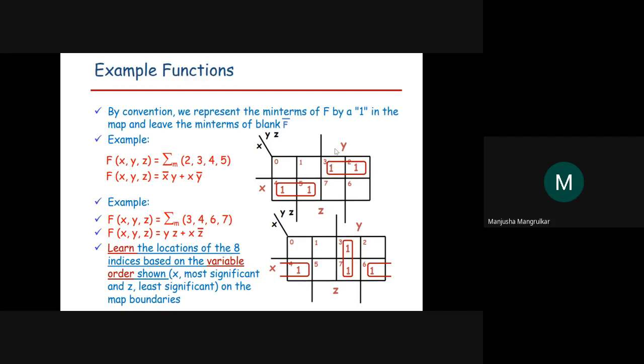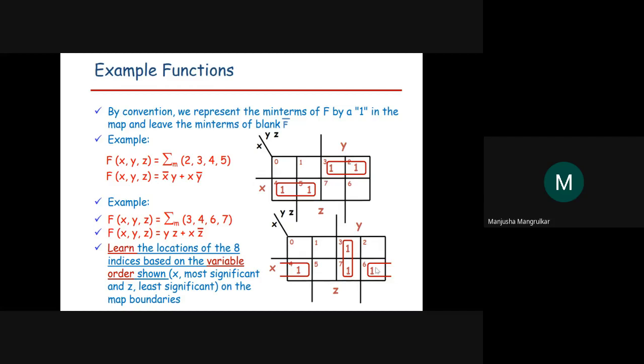What is your answer? x is not changing, so x complement y. Now here, x and y complement, z is changing in this position. So your answer is x complement y plus x y complement. This is your XOR gate only, so you will get the XOR gate for this. Next example, if you are taking 3